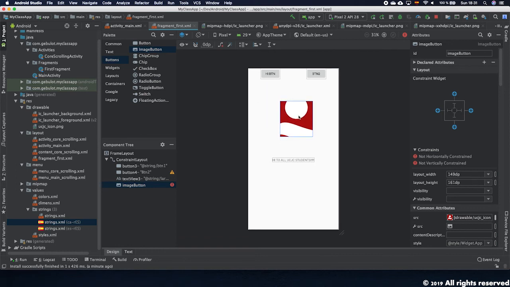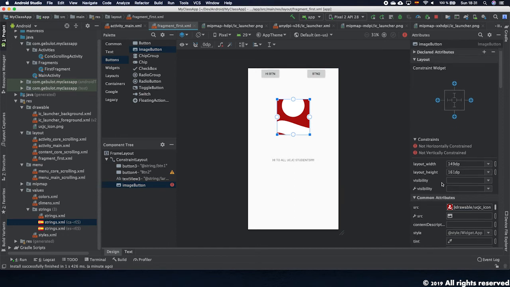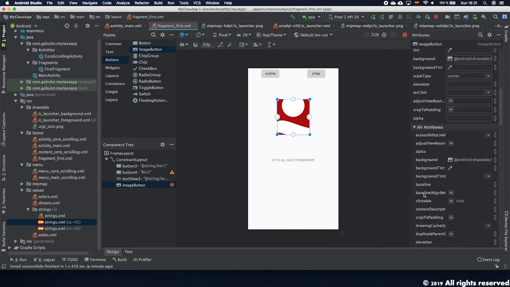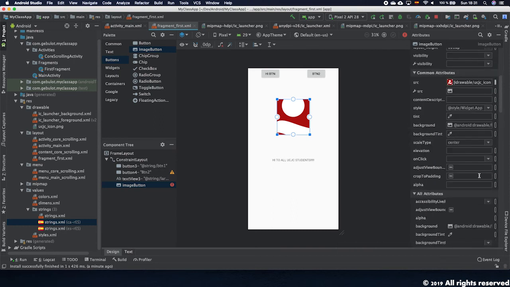Now, again, this is a small problem because the size of the image is very big, and the icon. So there are all kinds of methods to make the